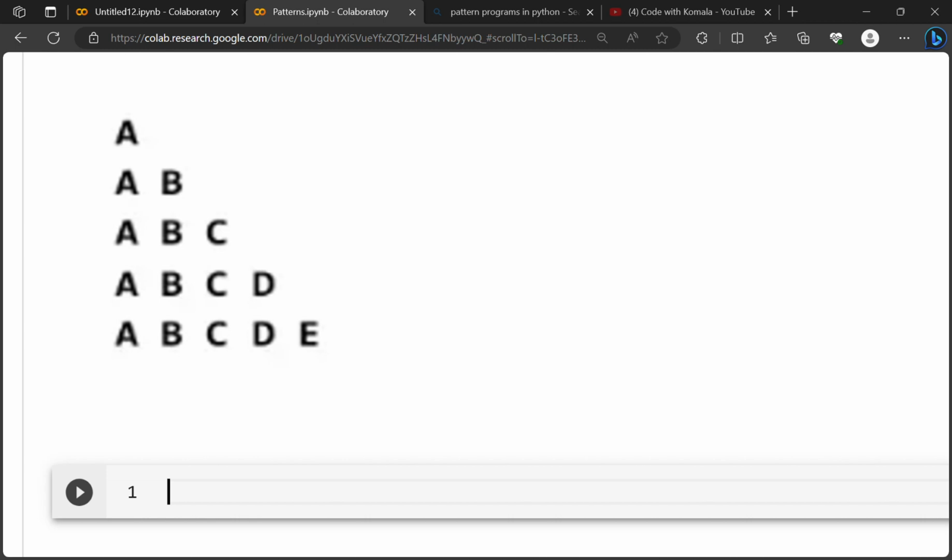If you are familiar with ASCII codes, the ASCII code of capital A is 65, capital B is 66, C 67, D 68, E 69. So you take that 65 as the seed, then you experiment, that's all. This is also quite easy, like our 1, 1 2, 1 2 3 printing. For i in range